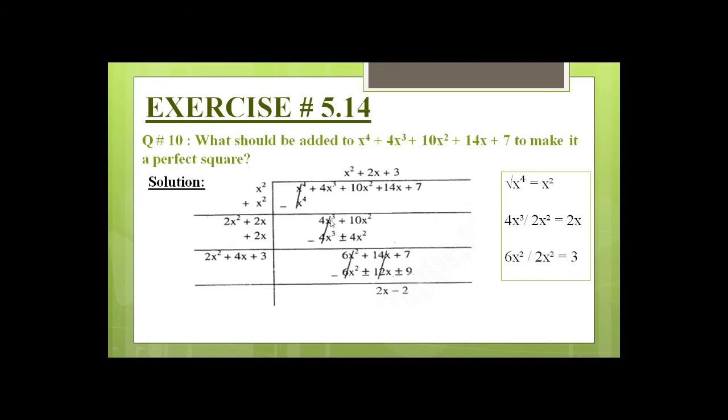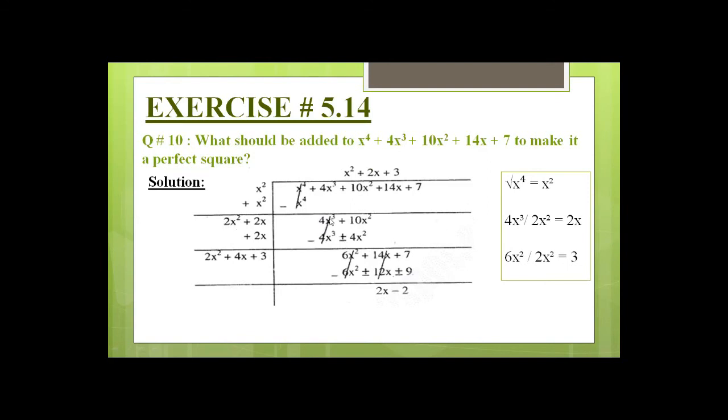Now what you will do, you will divide 4x cube with 2x square. When you divide 4x cube with 2x square, you will get 2x, and whatever you get after dividing, you will write this term 3 times: 1, 2 and 3. Here in the left hand side we add, so 2x square remains as it is, 2x plus 2x becomes 4x, and here we will multiply and write here. So 2 times 2x is 4x cube and 2 times 2x is 4x square. Now before subtracting we will change the sign, plus will become minus, plus will become minus.